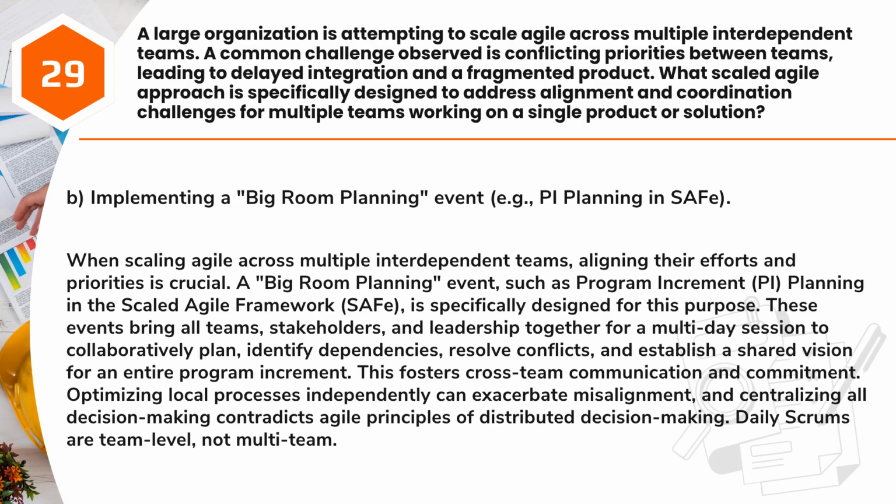Answer: B. Implementing a big room planning event, e.g., PI planning in SAFe. When scaling Agile across multiple interdependent teams, aligning their efforts and priorities is crucial. A big room planning event, such as program increment, PI, planning in the Scaled Agile Framework, SAFe, is specifically designed